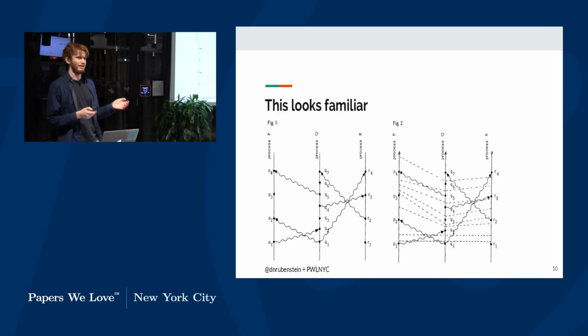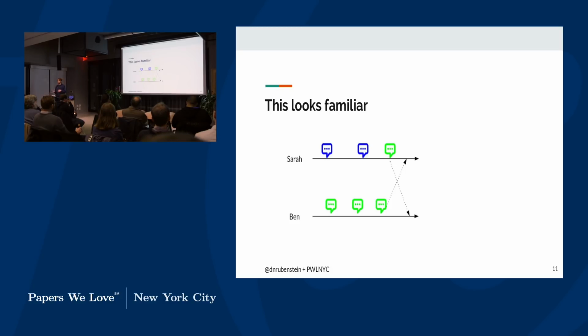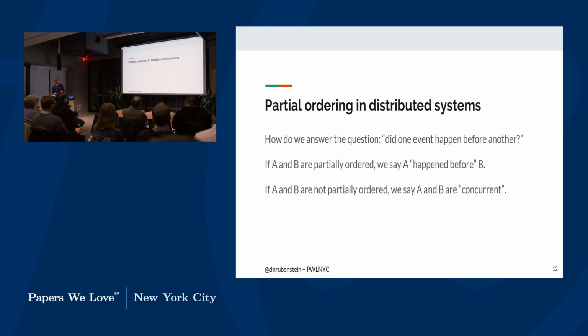We've been talking about Ben and Sarah, and they've been sending text messages back and forth to each other. But in some other conception, they're processes, and they have events on those processes. And they send messages back and forth. So maybe we can use some of the theory from Lamport to see whether or not Sarah or Ben has a claim to social victory. To do that, I want to talk about 2 concepts. First, I want to talk about partial ordering. What is this? It helps us answer a question, did one event happen before the other?